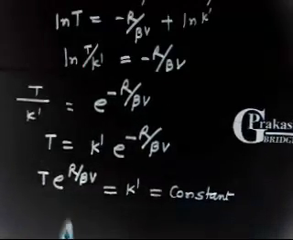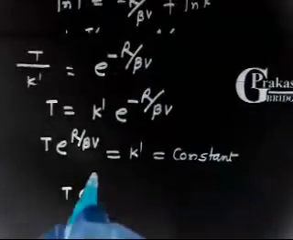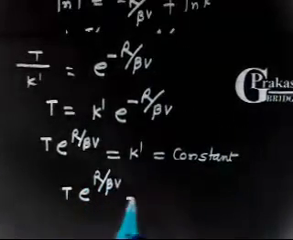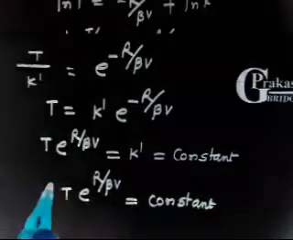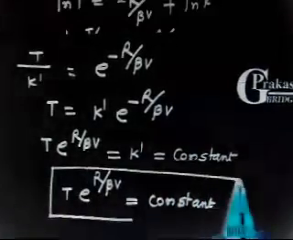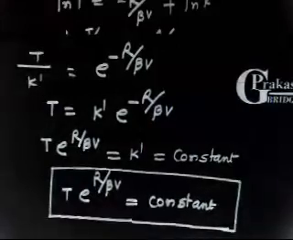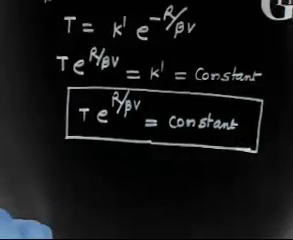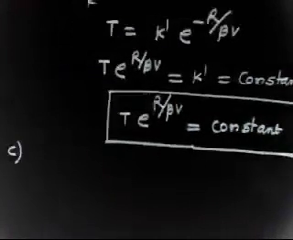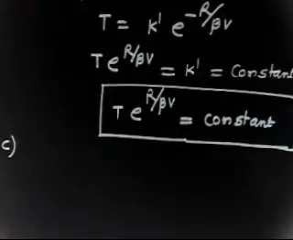So your equation will be T into e to the power R by beta V, this is equal to constant. So this is the equation of process. We also have the third part of the same question, and in the C part the question says, beta C varies with